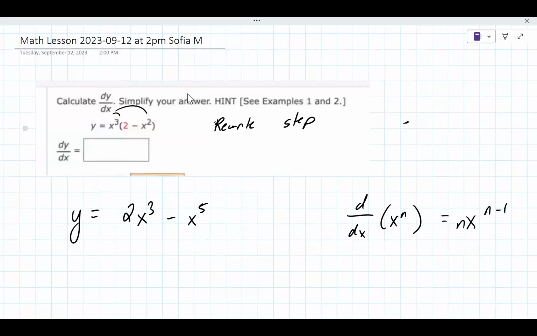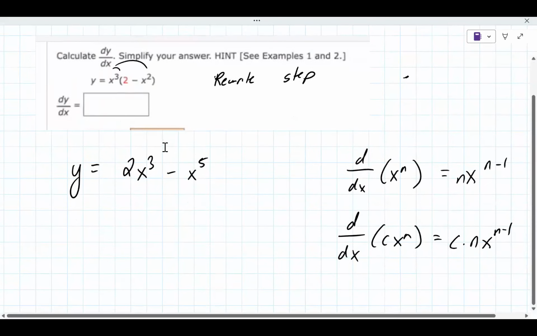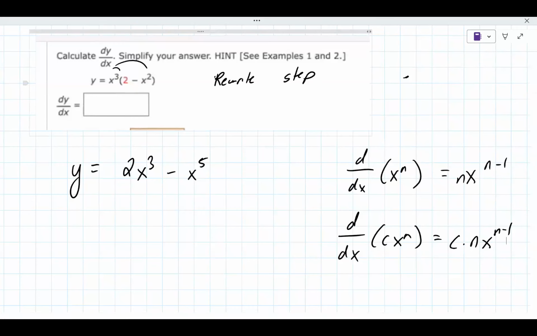Okay, so if there's a constant, the constant stays with it, and then you still bring the exponent down and you subtract 1 from the exponent, like that. Okay. So in this case, in short, I mean, and let me also put in the chat